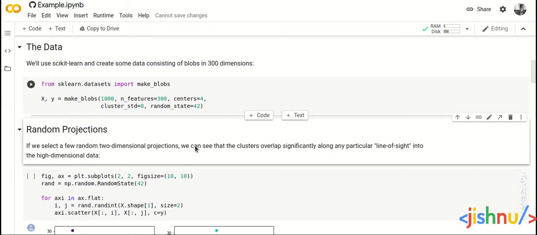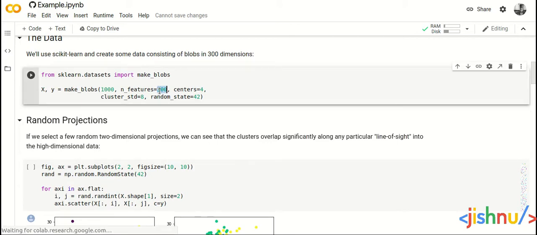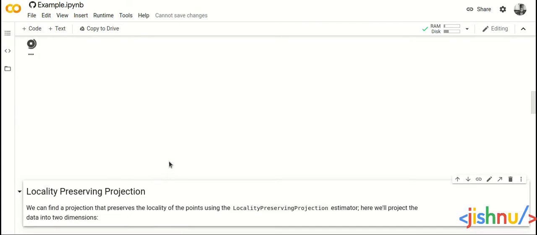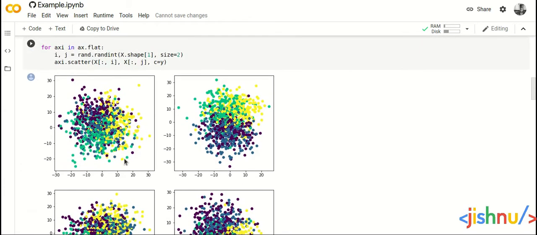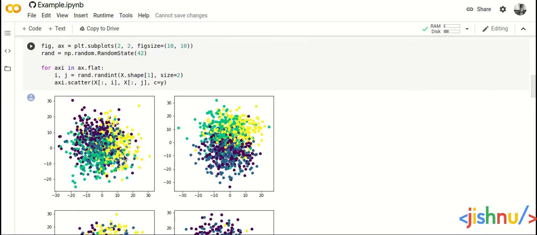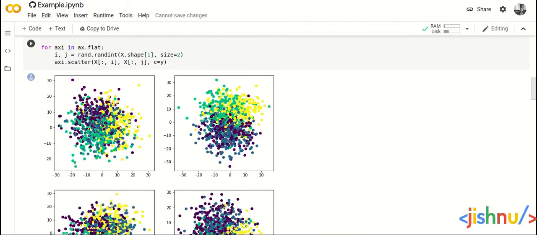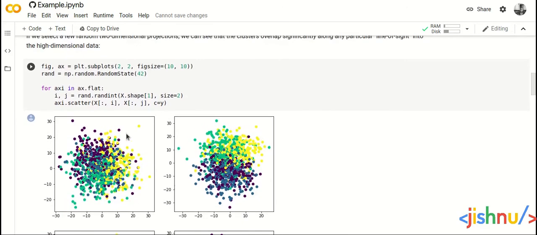Right, now if we try to select some random 2 dimensions from these 300 dimensions, and then plot the data set, it should look something like this. So here you can see clearly that we have randomly selected 2 dimensions 4 times. Here we have selected one combo of dimensions, and here the combination changes, here also it changes, here also it changes. So all these projections are basically the permutations of the dimensions that are available in the dataset.